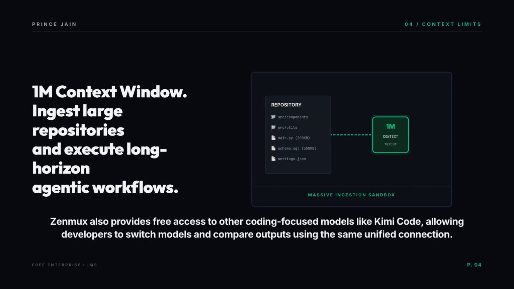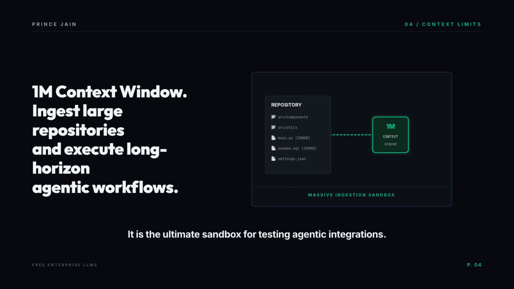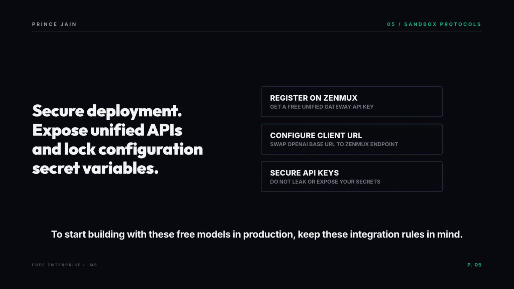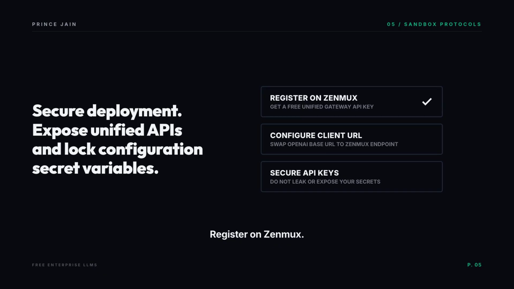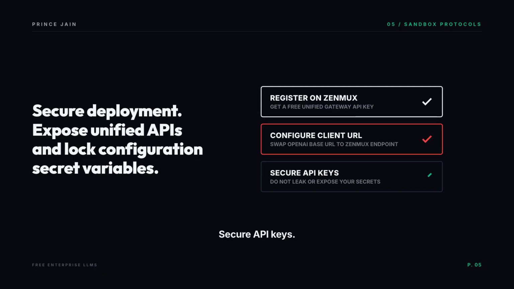Zenmux also provides free access to other coding-focused models like Kimi Code, allowing developers to switch models and compare outputs using the same unified connection. It is the ultimate sandbox for testing agentic integrations. To start building with these free models in production, keep these integration rules in mind. Register on Zenmux, configure client URL, secure API keys,